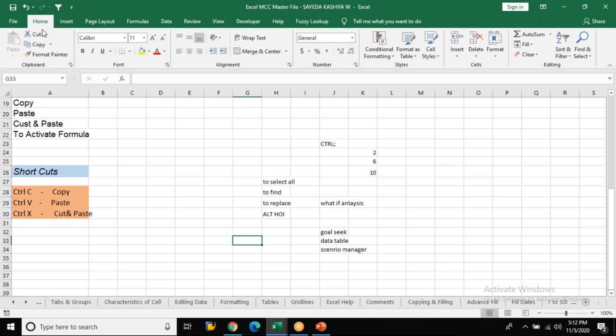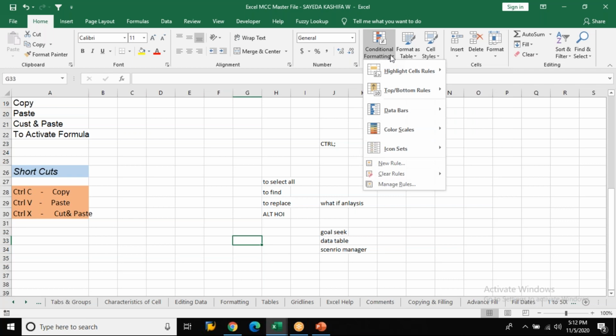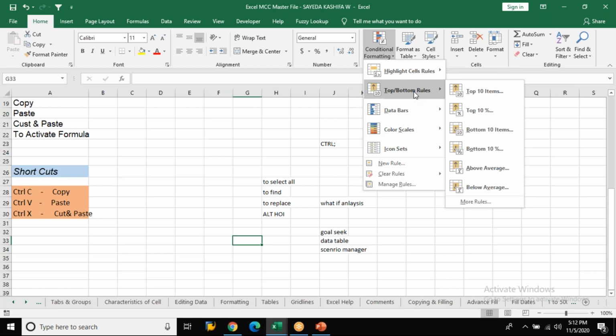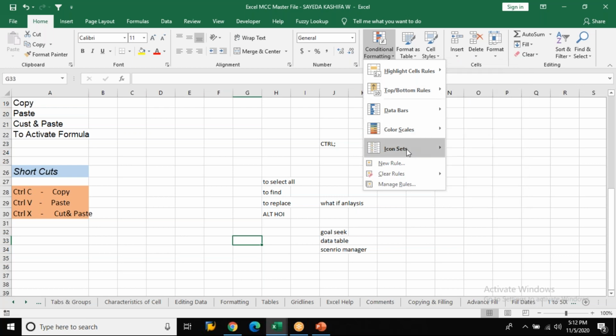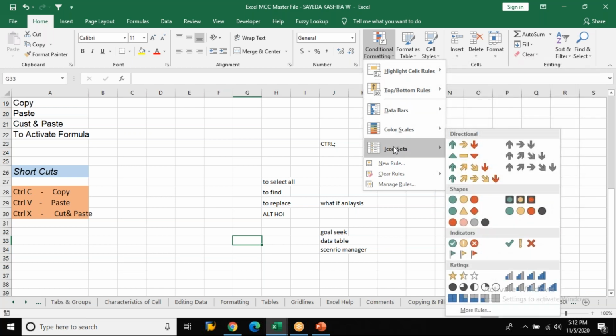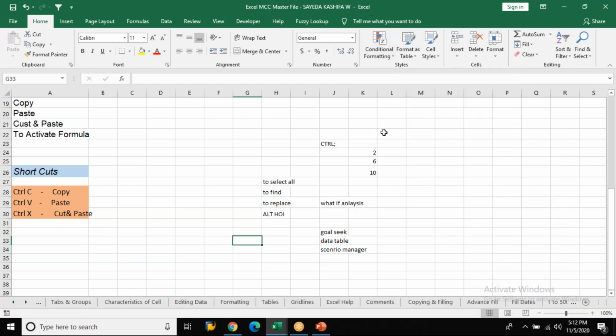If they ask you what are the different types of conditional formatting, here, in fact, definition also is over here. See, it'll easily spot the trends and patterns in your data. They might ask, so you can explain there only. And then when you click here, what are the different types of conditional formatting you have? You have highlighting the cell, top and bottom rows, then you have color scales, icon sets. These are all different types of conditional formatting which we have worked on. Each one of it we have worked on. What is filtering? What is sorting?